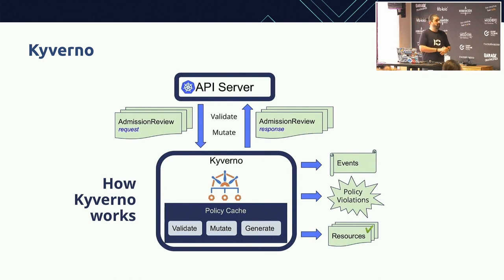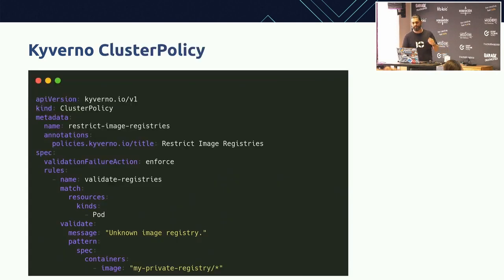There's another project called Kyverno. It is Kubernetes native, so it is actually developed only for Kubernetes. Does the same thing. It has the admission and also validation webhooks. Because it is more Kubernetes-like, it's YAML. I'm not saying YAML is the best, but this configuration does the same thing. It makes sure that your container's image starts with my private registry.